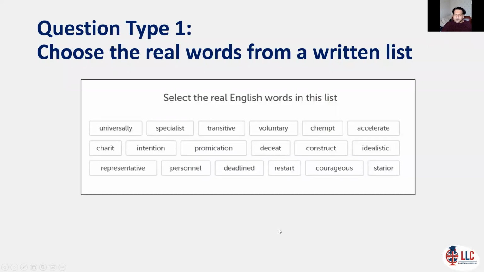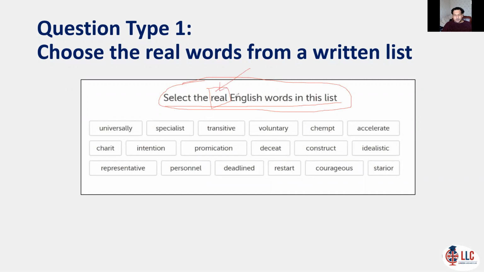So in this question type, you are given a list of words and you need to identify and choose the words which are actual English words. The prompt is written here: Select the real English words in the list. Now, what do you understand by real? Real means the words which are actually used in English,